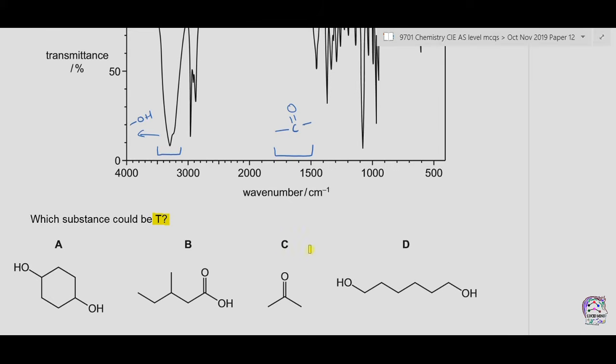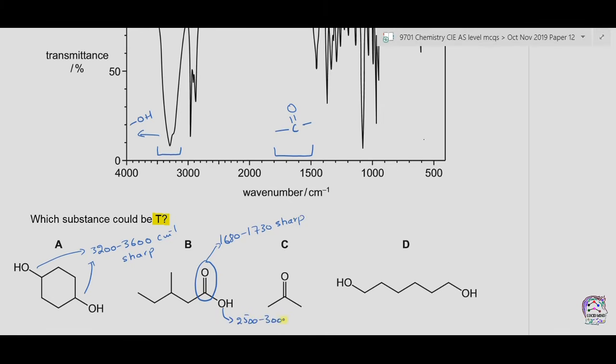So we have 4 options A, B, C and D. In A we have alcohol functional group, so this is alcohol and this is also alcohol, so it can give a sharp peak between 3200 to 3600 per centimeter. In B we have carbonyl carbon, which gives a sharp peak at 1680 to 1730, and also an OH group, which gives a peak between 2500 to 3000